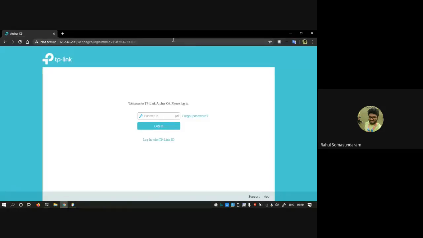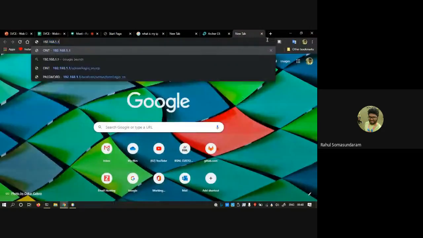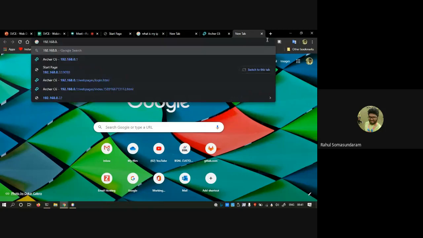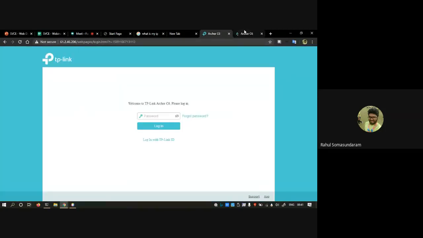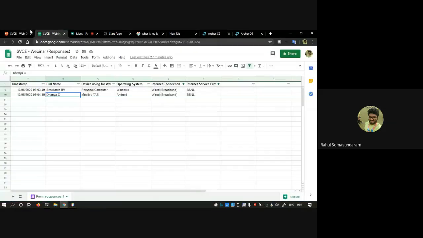Okay, so when I open this also, we will get the same thing, that is both are pointing to the same page only. This is connected via the local IP, and this is connected via the public IP. As you can see from this, you cannot access my router page with this URL. You can access my router page only with the public URL, like this one. Okay, everyone clear with this first?